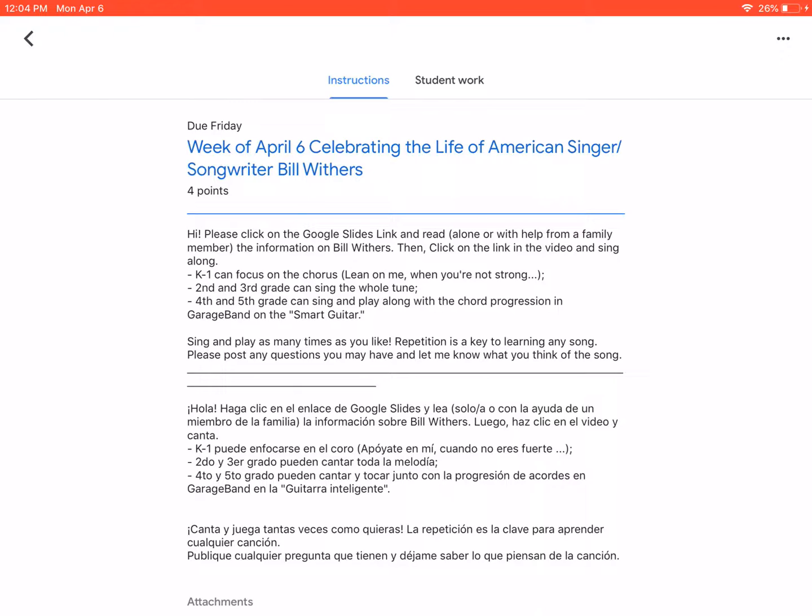For 4th and 5th grade, we're going to sing and play along with the chord progression. Now here's the thing. In music, it's a very good practice to practice and to go through things more than once. So I'm not asking for you to go into this one time and then just do it and it sounds like you just got started. What I'm asking you to do is do a little bit of this as often as you'd like. I typically will practice something a little bit every day so that by the end of the week I have it in really good shape.